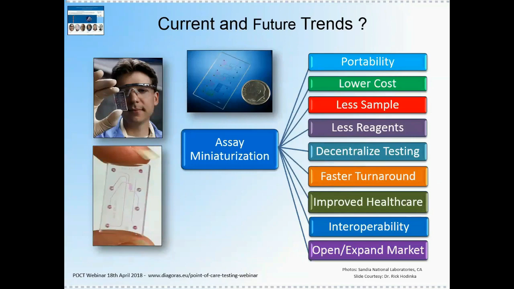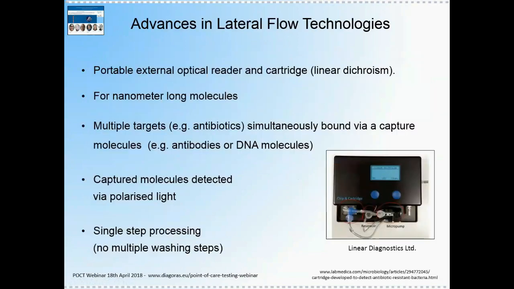But the future trend is to try and miniaturize the technologies that are available, whether that be nucleic acid amplification or non-nucleic acid amplification, or even culture-based. And here is a range of factors which are currently being investigated in new technologies as part of that assay miniaturization process, including also faster turnaround, interoperability, etc. So here I'm going to go quickly through a few examples. If you're interested, you can read the slides at your own pace later.